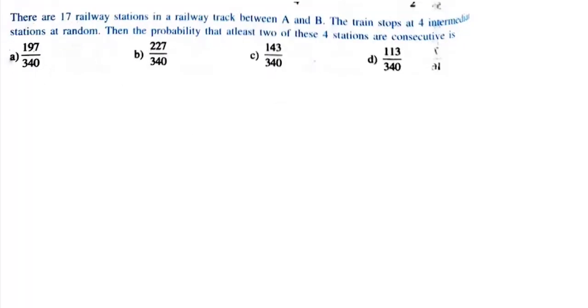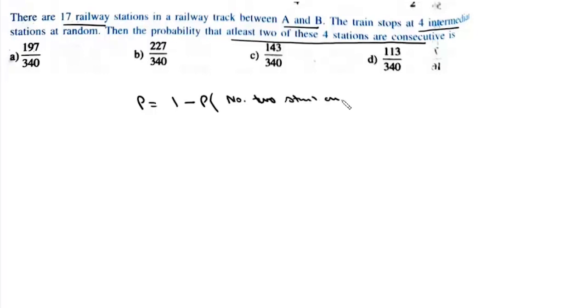Now the question is, there are 17 railway stations on a railway track between A and B. The train stops at 4 intermediate stations at random. Find the probability that at least 2 of these 4 stations are consecutive. So what we'll do is, we'll do it with the complement. So we'll find this probability as 1 minus the probability that no 2 stations are consecutive. Now total number of ways of choosing 4 stations,